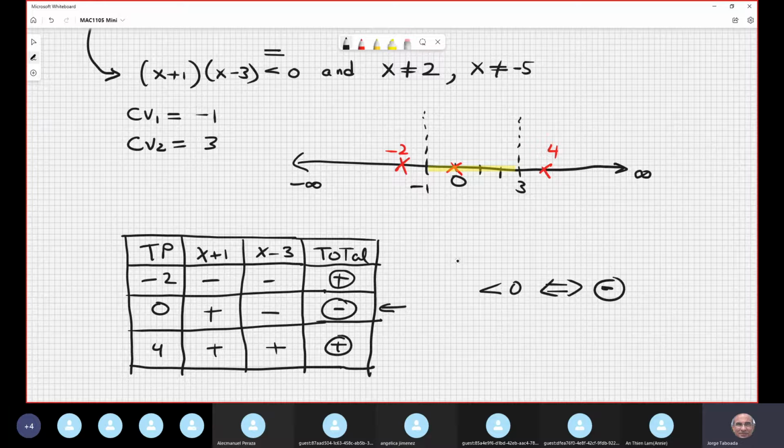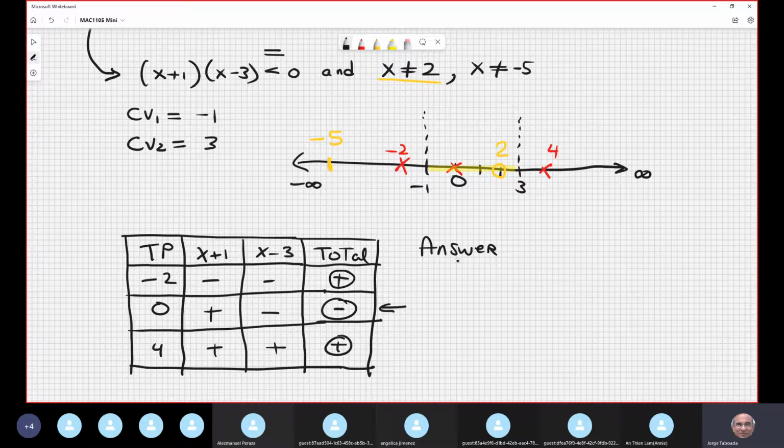Now, the consideration of the holes. We have a hole in 2. Look at that here, 1, 2, a hole. Here we have a hole in -5. -5, I suppose, is here. But the problem is that -5 is completely out of the interval that we discovered as the solution. Therefore, the answer of this